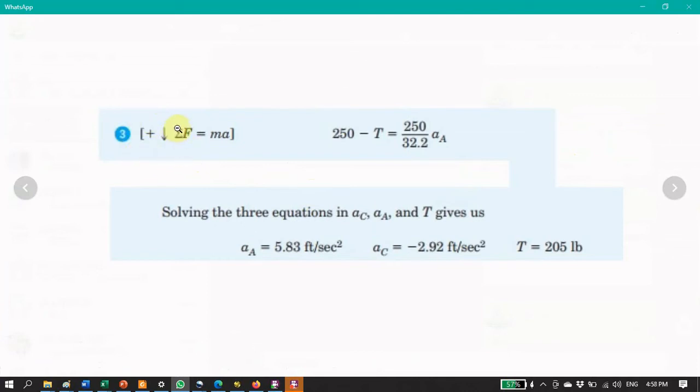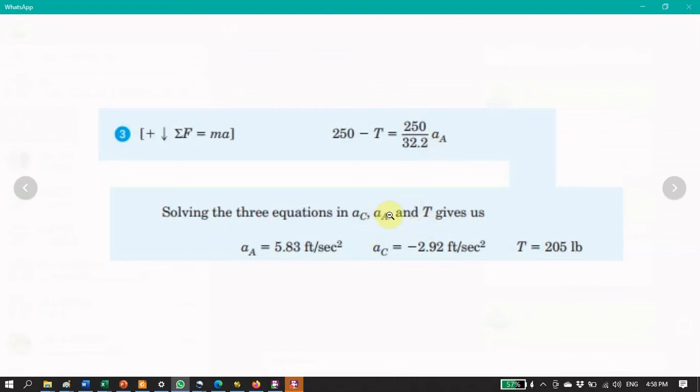So they are using a different coordinate system. This one may be the S coordinate system, because you can see there is no indication about X or Y. So most probably this is the S coordinate system. So we have the weight of the concrete block minus the tension in the cable equal to the mass of the block times the acceleration, or s_A double dot, from the equation, right? And then based on the three equations that we have earlier, the unknowns that we have are the tension in the cable, the acceleration of the log and the acceleration of the concrete block.